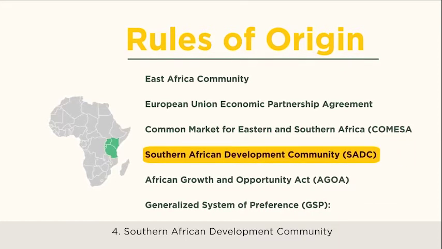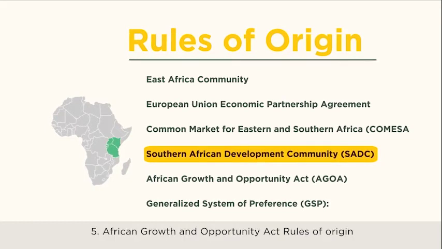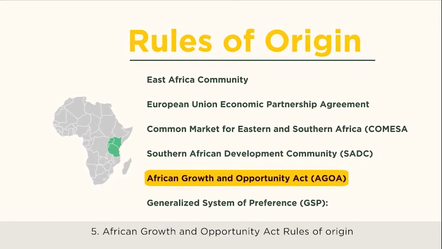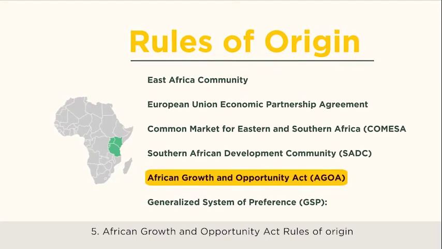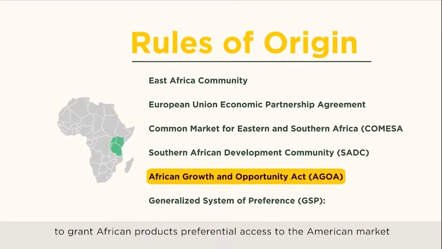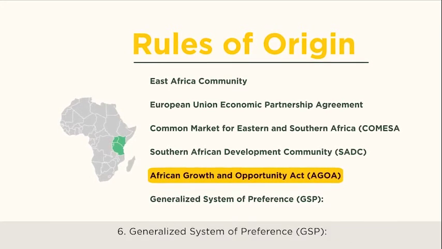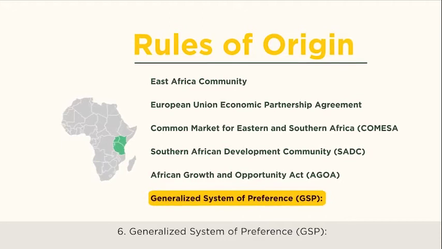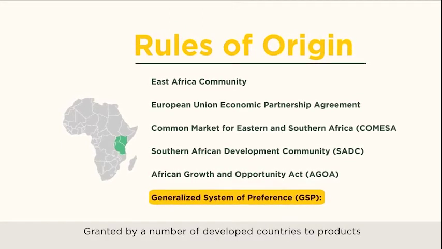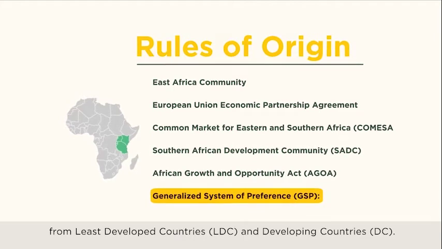Southern Africa Development Community Rules of Origin used by Tanzania. 5. African Growth and Opportunity Act Rules of Origin granted by the United States of America government to grant African products preferential access to the American market. 6. Generalized System of Preference granted by a number of developed countries to products from least developed countries and developing